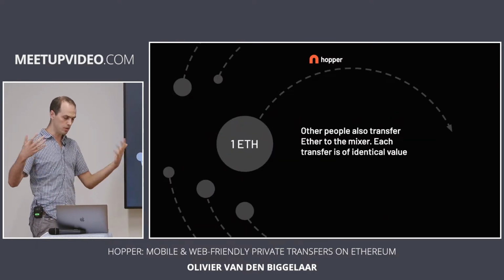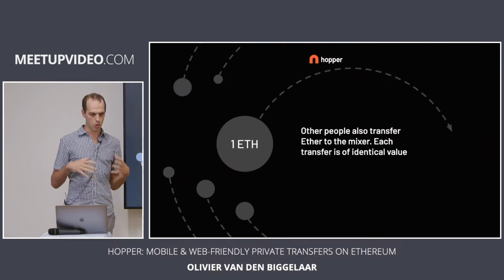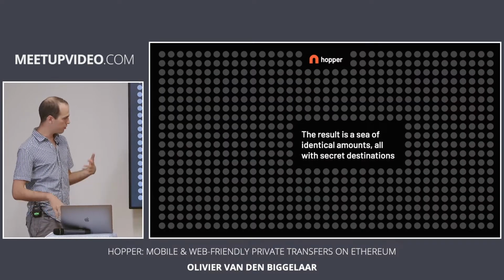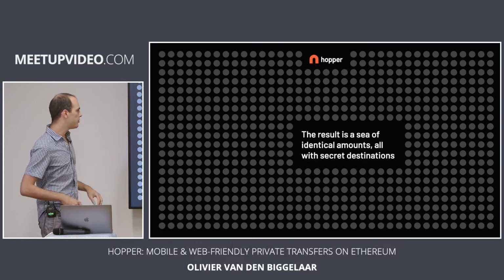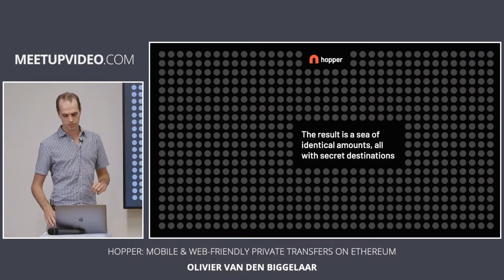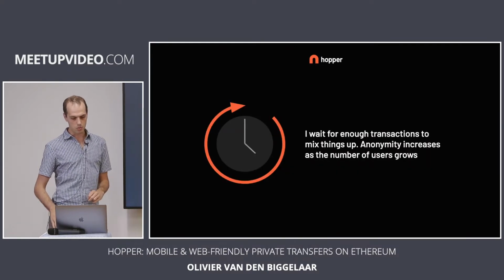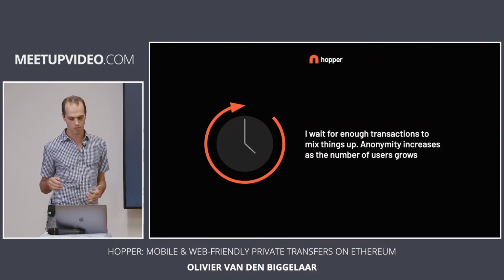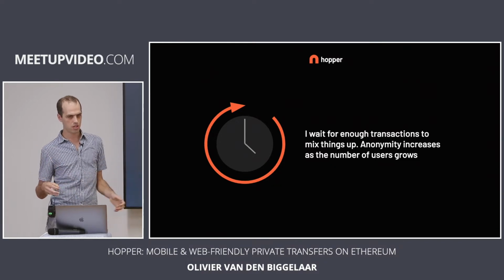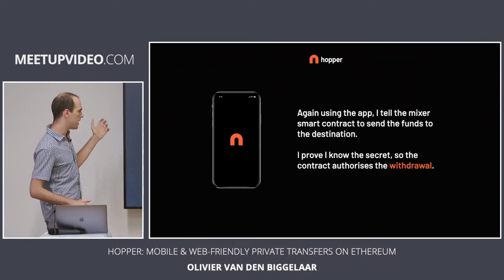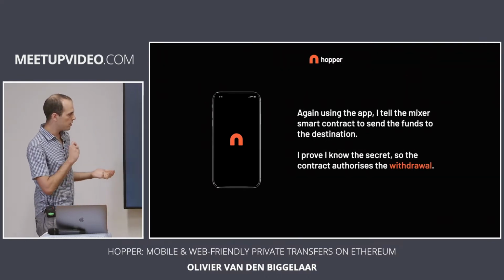Other users will do the same. Hopefully, they will all send 1 ETH to the mixer. If you wait long enough, the contract will be filled with lots of deposits of different users, each representing a different destination address. And when you're satisfied that you have waited enough that you are going to have a high degree of anonymity, you can then take the iPhone app again, you tap withdraw in the app, and the